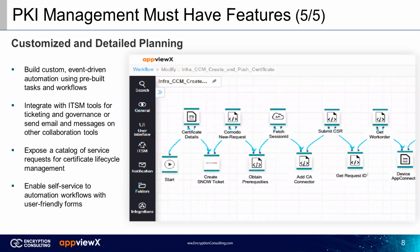Now the last item, customized and detailed planning or workflow construct. The AppViewX platform, as I mentioned, offers the automation and orchestration capabilities through a workflow engine and a highly intuitive workflow design palette, which is the image displayed here. It's an example of a workflow structure that is meant to be highly repeatable and extendable as a self-servicing